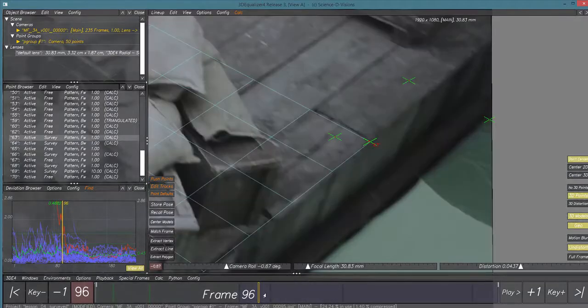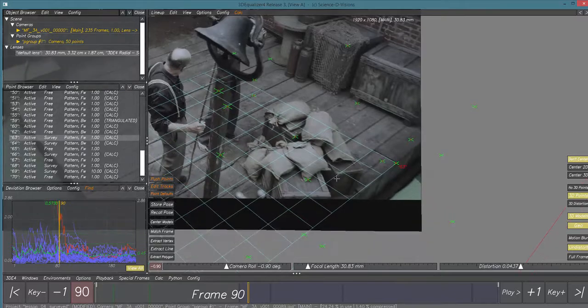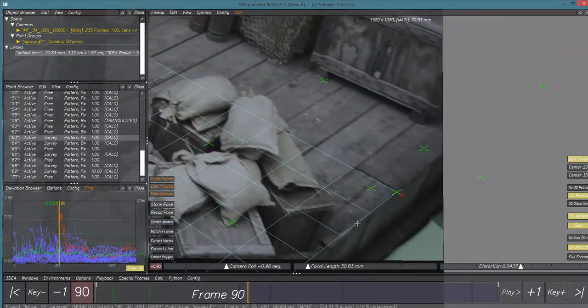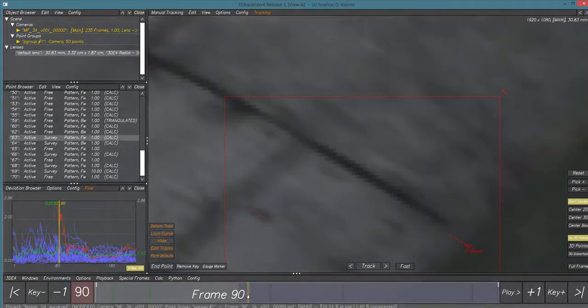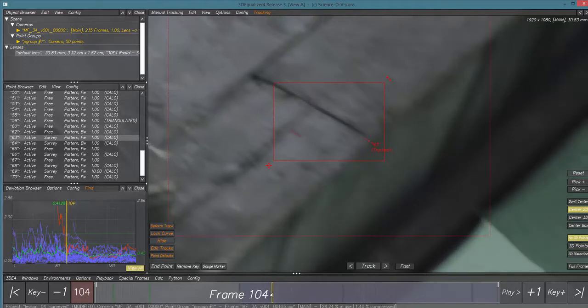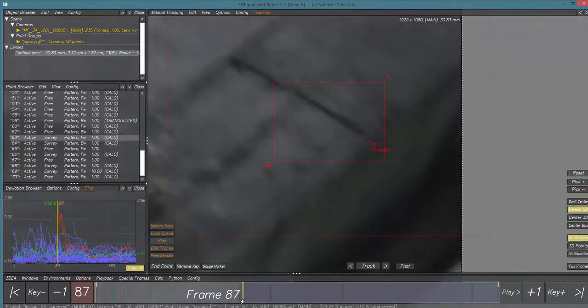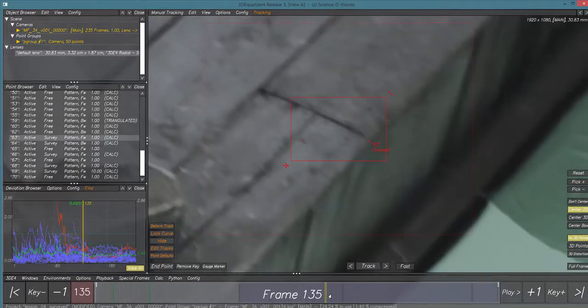It says it's a bit off there. Alright, well, let's check the 2D track first of all. I did do it really quickly, so it could be the case that the 2D track is actually off. It's by no means the best track in the world, but it's by no means the worst. It is sticking pretty well. But